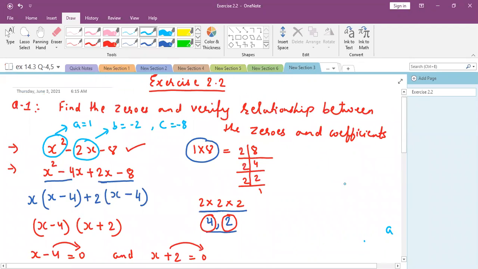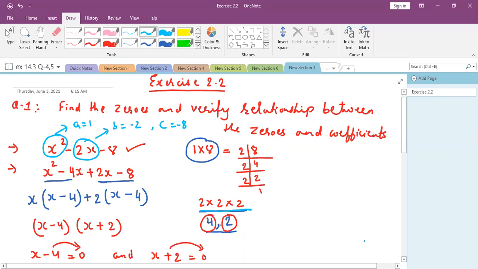So first what we have done, we have calculated the zeros of the given polynomial, that is x square minus 2x minus 8, by middle term splitting. For that, we have to multiply the coefficient of the first term with the last term, and then find out the prime factors like we have done here. 1 multiplied by 8 is 8, and the prime factors of 8 are 2 multiplied by 2 multiplied by 2. So here we have got three numbers, 2 three times, right? Now we are going to make these three numbers into a set of two numbers.